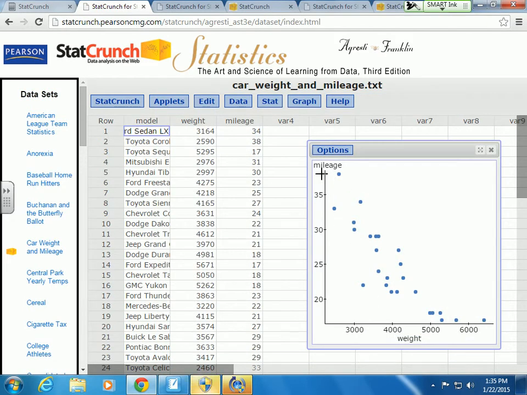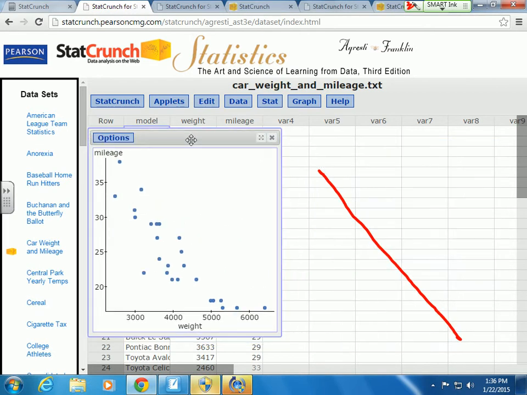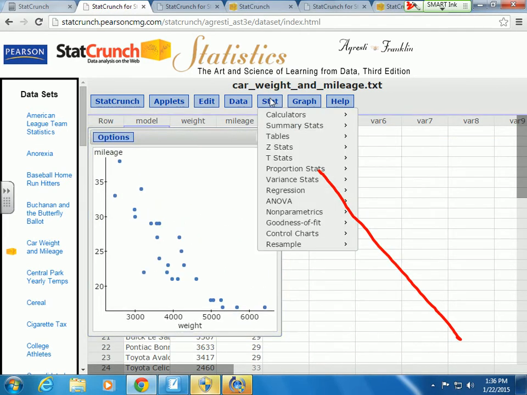And so what I'm going to do, it says I can save it, do anything I want with it. So you can put this into a Word doc or a PDF or whatever you want to do. And what I'm going to do is not that, but basically draw a line that fits through this data. All right, so we're going to go through that process right now. I'm going to move this over here. What you do is go to Stat,